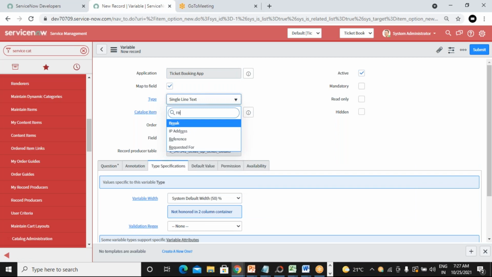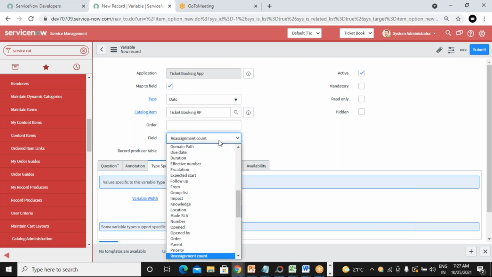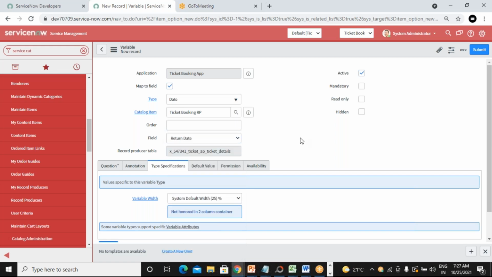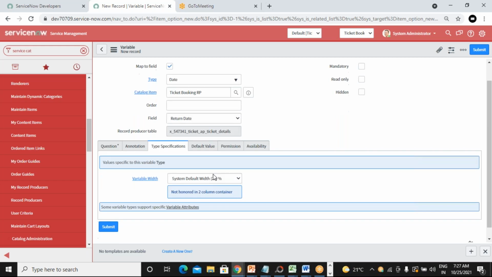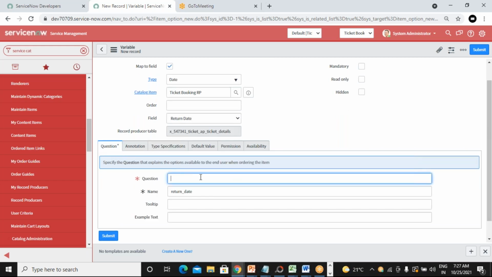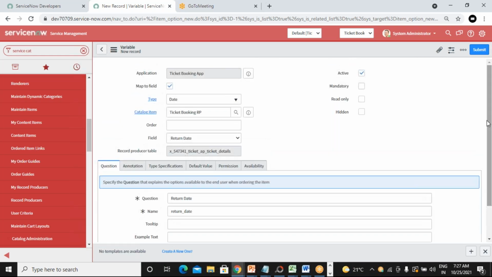Let's say return date, sorry, type date here, return date, and here you can select the question as return date and submit it.